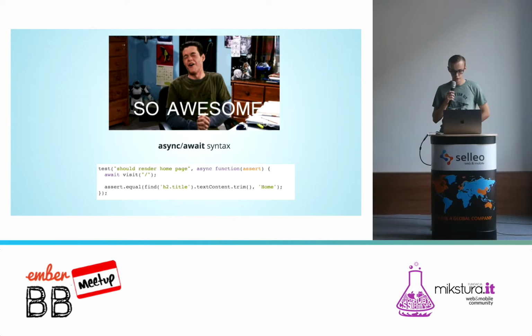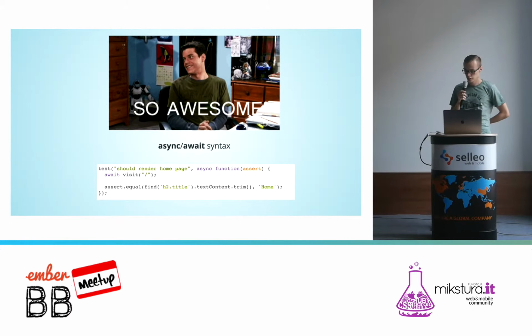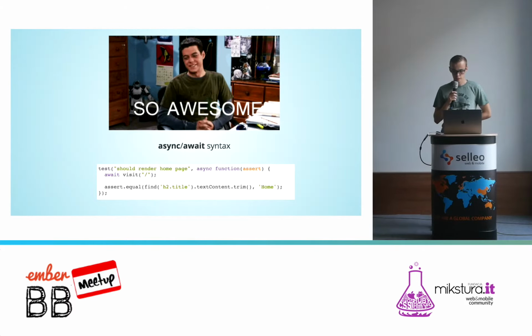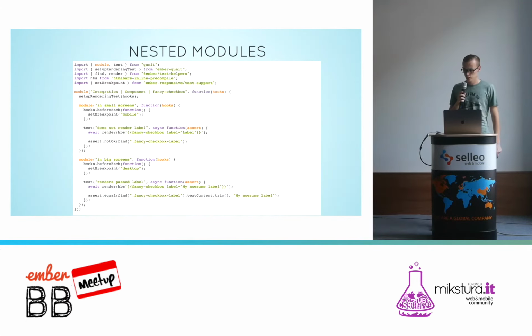And I mentioned Ember Test Helpers before. This is a package which exports several helper functions that can be used to improve the testing experience, like fillIn, click, visit, render, and we don't need to use jQuery anymore. Another cool feature is modules and nested modules. From Ember QUnit 4.20, we can nest modules and have multiple beforeEach, afterEach hooks that run in a sequence.